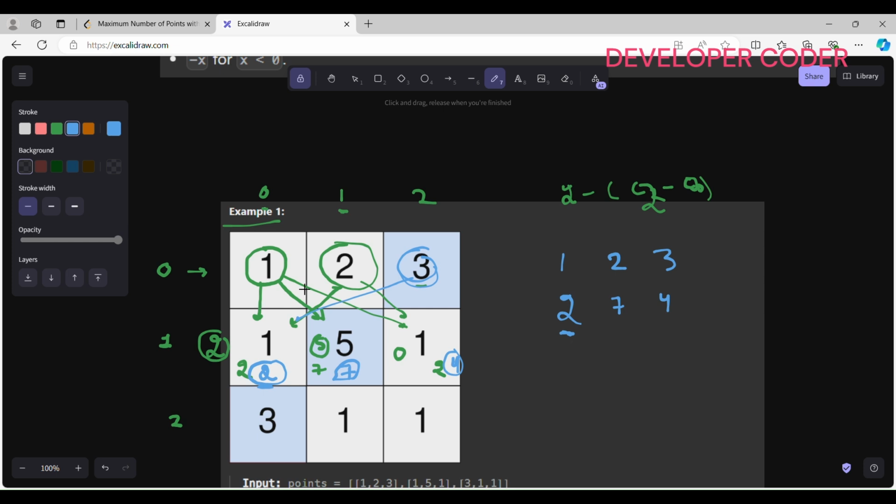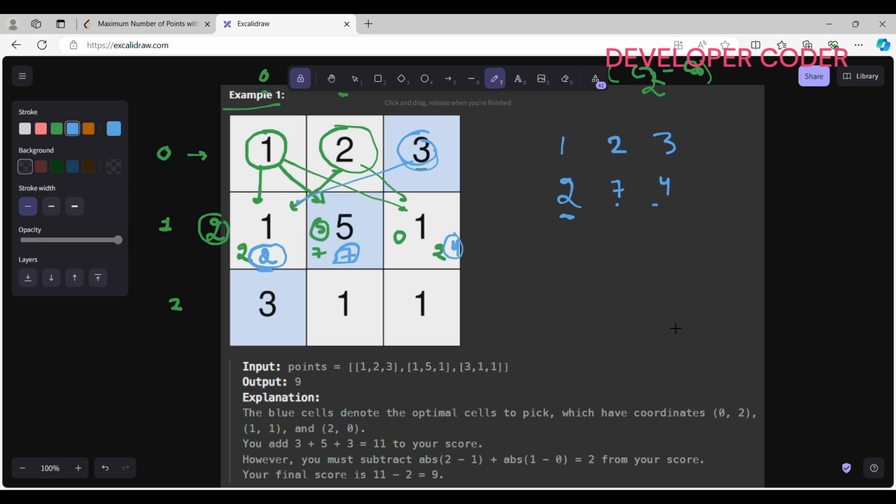Okay, right? So this is what we need to do. Then from this 274 we need to go to the last bottom row, right? So from this 2, if I go down here, 2 plus 3